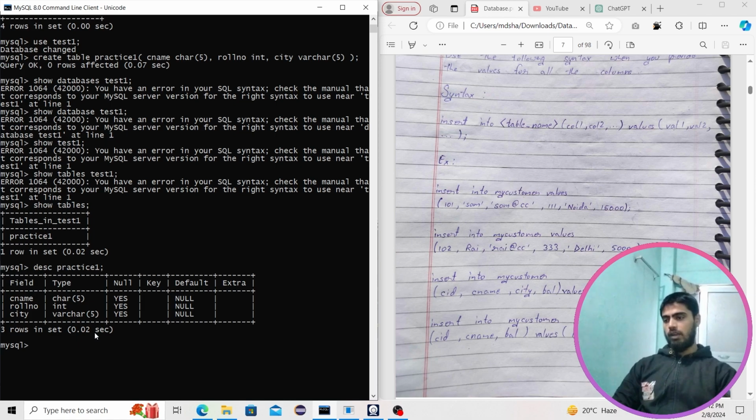So to provide values inside these tables, we can write the query in the following way. Insert into. What is this insert into? We call this a clause. So insert is a clause, into is a clause, and then insert into table name. This is the syntax. So we are going to provide data inside the table named